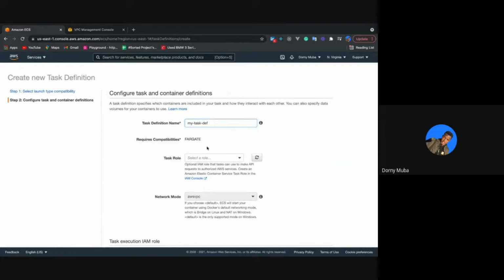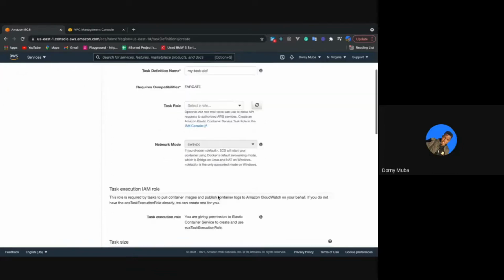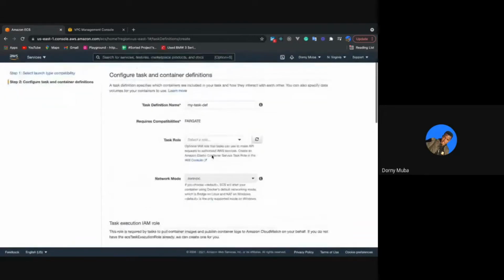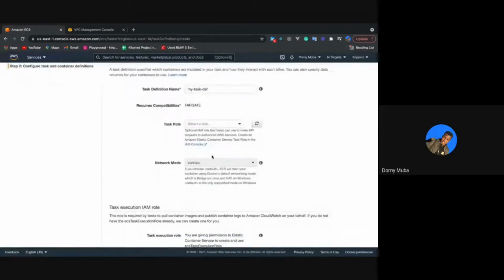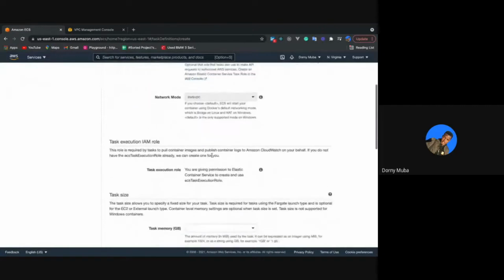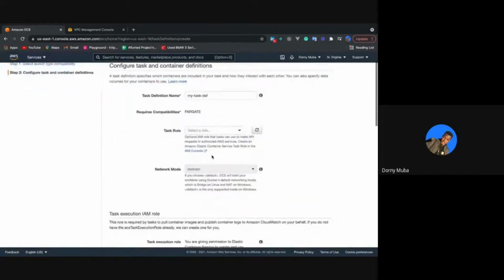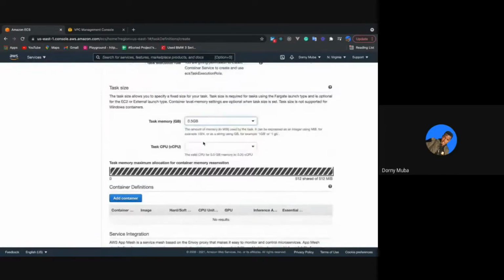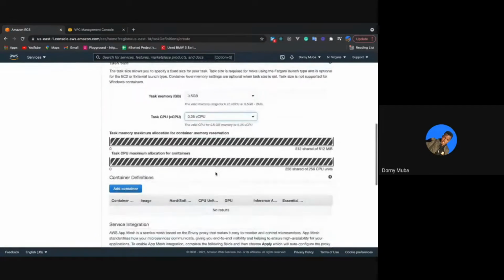And then for the role, in this case, I don't have any, so I'll just leave it blank. It's fine. I'm not gonna bother. It doesn't really matter because we're not really using any type of AWS resources at the moment, so we don't really need that at this point. But for the memory, I'm just gonna go for the lowest there,